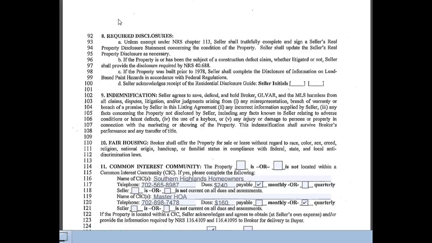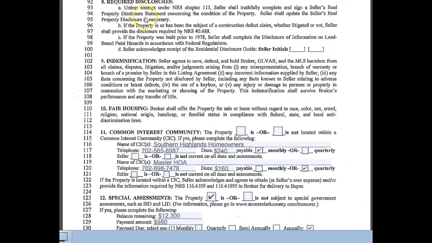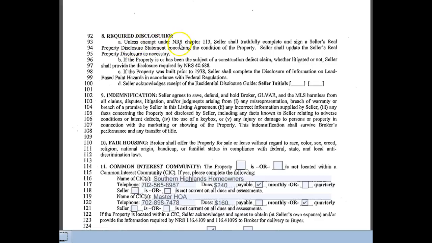On page 3, we're going to start off with the required disclosures that are necessary for the seller in a listing agreement. The first is that the seller provide a seller's real property disclosure. If there's any subject of a construction defect claim, a form needs to be provided. And also if the home was built before 1978, a lead-based paint disclosure. Seller also, on line 100, acknowledges a receipt of the residential disclosure guide, so please make sure your seller initials